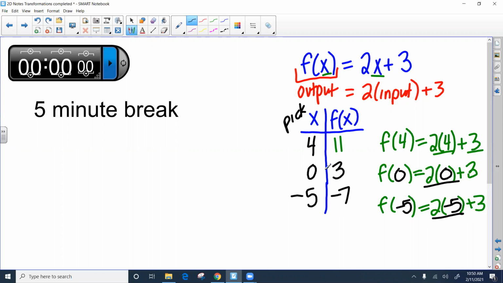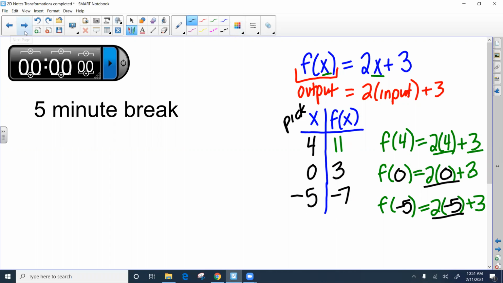Okay, so we're going to be using this to find some coordinate points on our parent functions today, except instead of just picking random x values, we're going to pick some specific x values so that we can have a good idea of what our graph looks like. But I just wanted to remind you, if we know the inputs, how we get those outputs there. All right, so